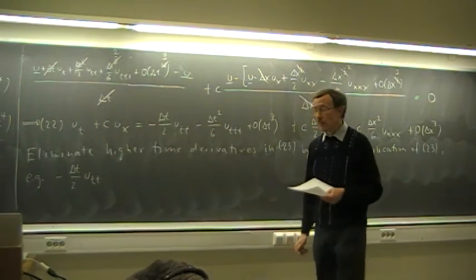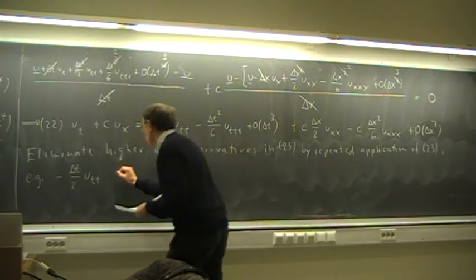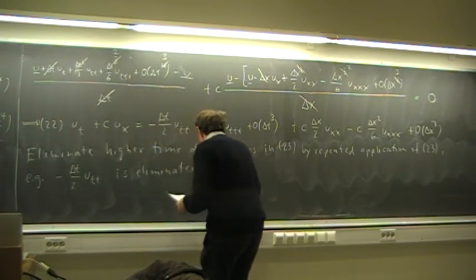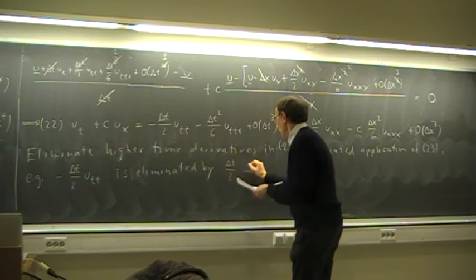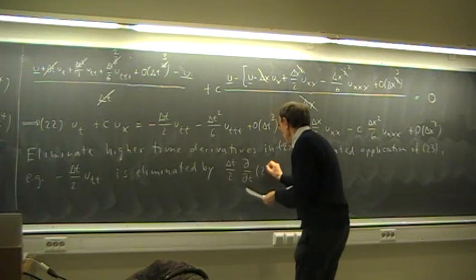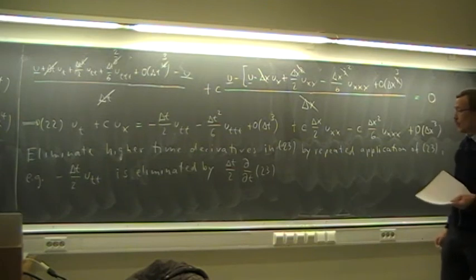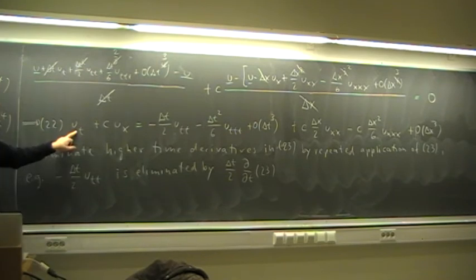To eliminate that, we take the following. So that is eliminated by taking delta t half times the first time derivative of this equation 23. Why that? Because then we get here the second time derivative. And we have it with a plus sign, then